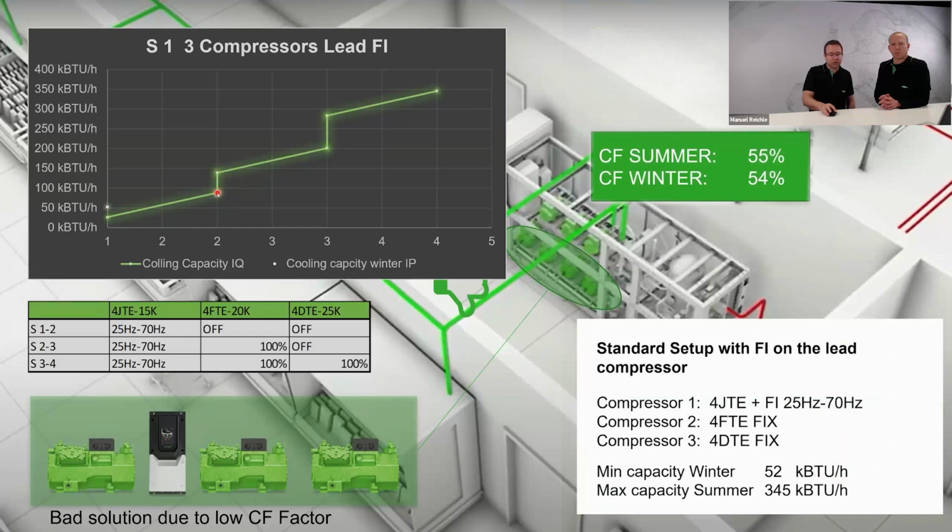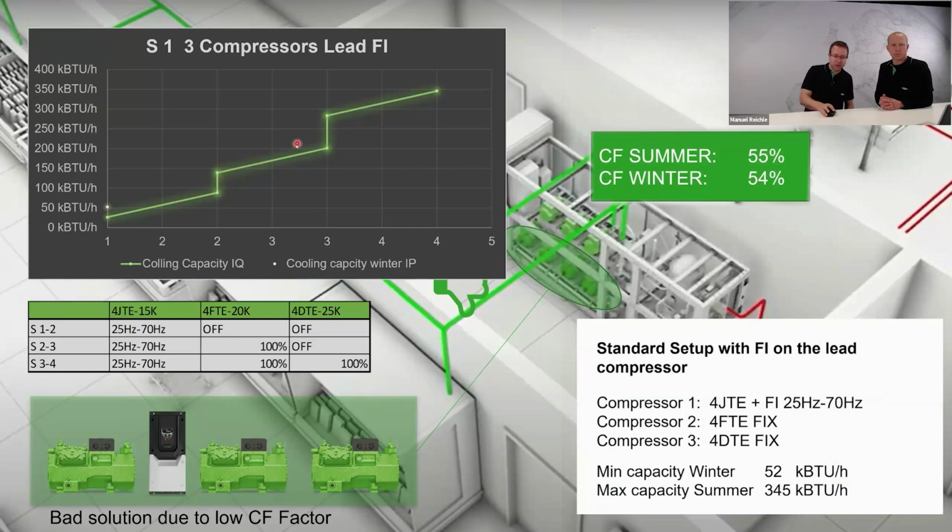So at this point, the lead compressor is running with 70 hertz. Here it is running with 25 hertz. And then when this is at 70 hertz and the combination is restarting, the lead compressor goes back to 25 hertz and the second compressor is then on with 100%. Then I have a big jump, and all the evaporator requests in that area cannot be covered. So I either have too low capacity or too high capacity, and then I have a high number of starts